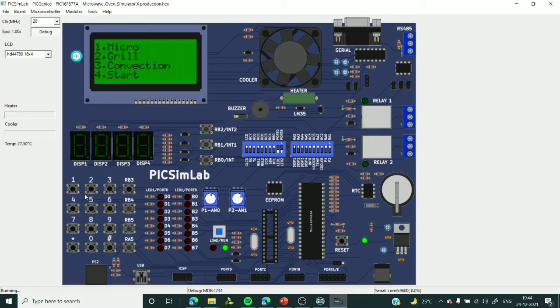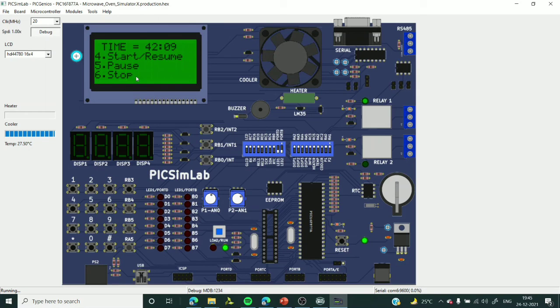Let us see how the stop works in the grill mode. So the next mode we have is a grill mode. Now grill mode is similar to micro mode, but the one difference is that they are used for different purposes. Let me say I press key number 2. As soon as I press key number 2, it is asking me for the time. So let me say give 15 seconds and 24 minutes and I press enter. Now I don't want my micro oven to work for 42 minutes.